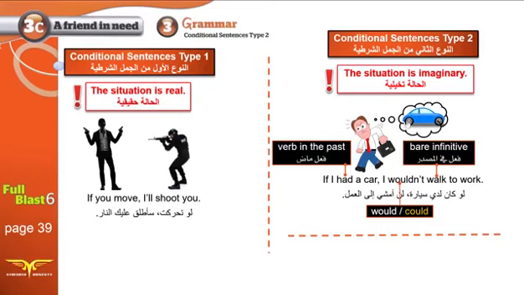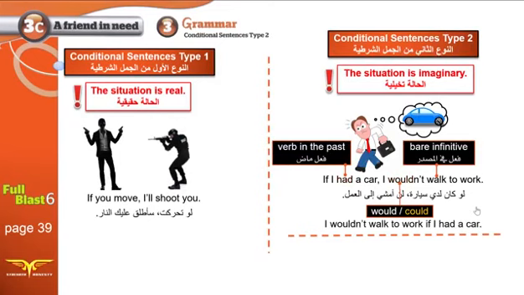What do you think of conditional sentences type 2? Easy, right? Verb in the past, would or could. Look, if you use would all the time, would is always correct. Always. Could sometimes correct, sometimes not. So I will not bother you with the details when to use could. So we will just use would all the time and we will never make mistakes. And we need to follow would with a verb in the base form, in the bare infinitive form.